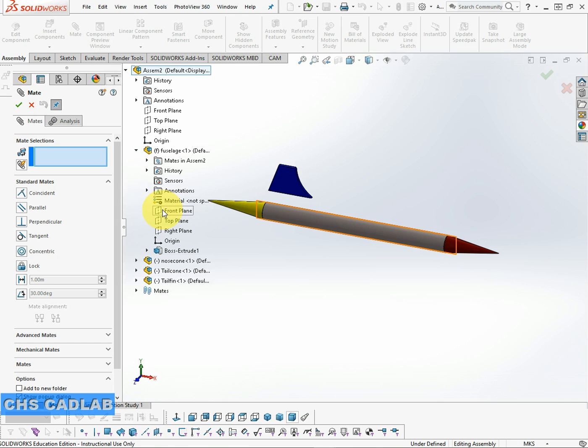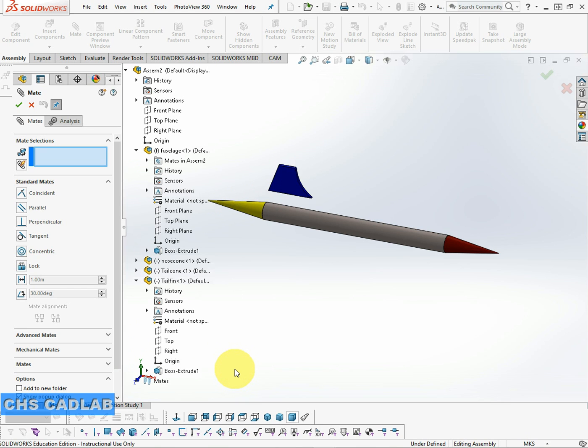So the front plane, the top plane, the right plane, and we have our origin, and we have our part of that we use to create the fuselage. Okay, so what we want to do next is expand the tail fin in our design tree,